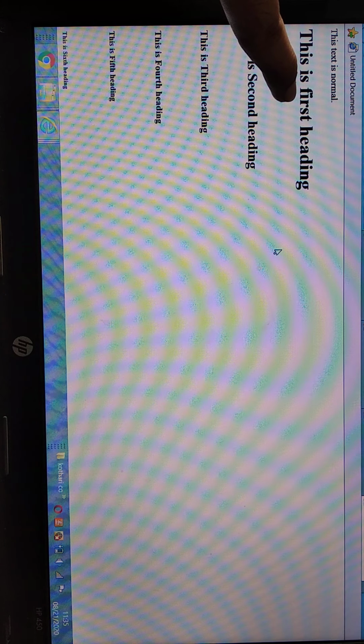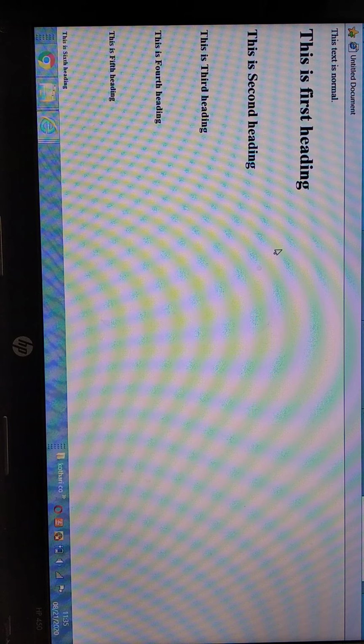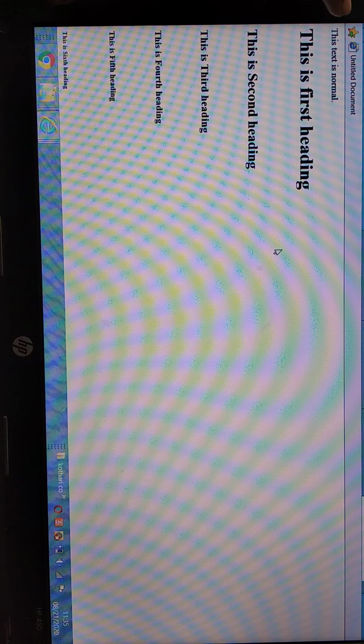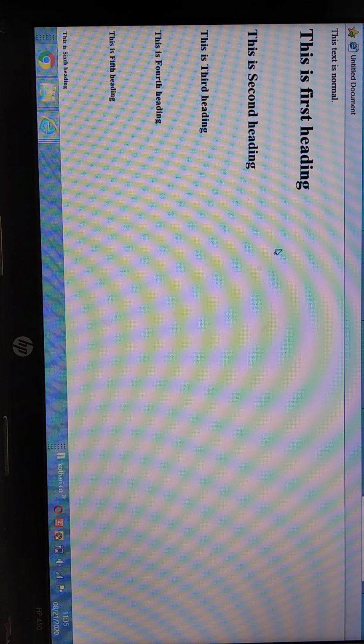Whenever you are writing the first, second, third, fourth, fifth, you can write any text here. I have just typed one example for giving you better knowledge related to the heading tag.